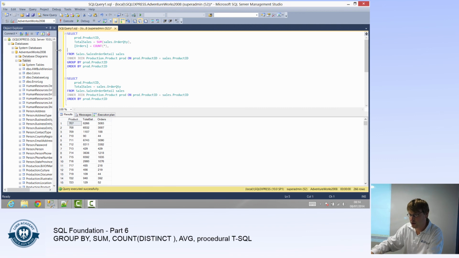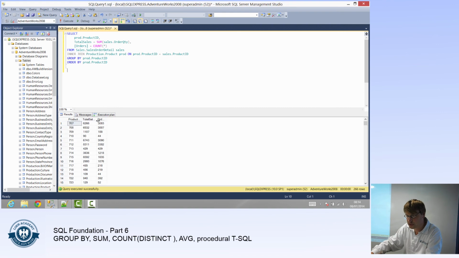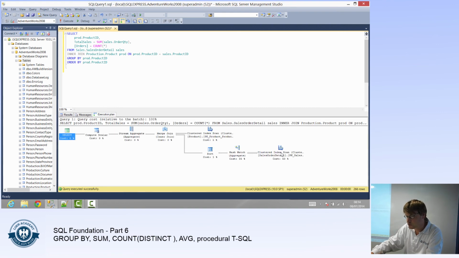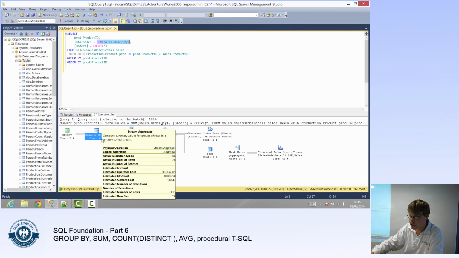So if we look at our execution plan again, I mean, we touched on that in a previous lesson. We're doing some selection. This is our basic restriction out of the sales order detail relation. Then we're doing some joins and so on, and then we're generating, this is compute scalar. This is where we're generating the actual sum. Well, the stream aggregation, this is where we put everything together, and then compute scalar is where we actually